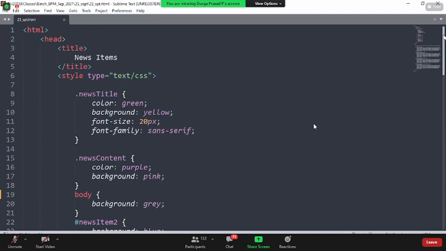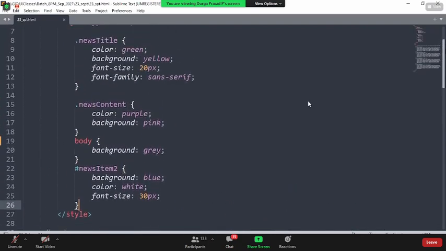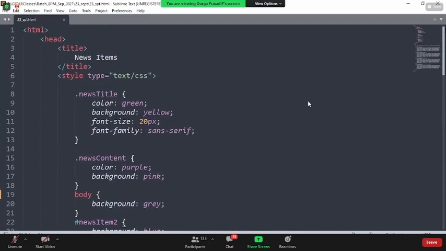News item 2. Background color. News item 2. So how you can say that? Do you think that it is easy for you? No, right? Right now it is not so easy because you cannot go with the search of that blue color, because right now it is blue color. It is easy that you can search it, but that blue might be used for someone else also.